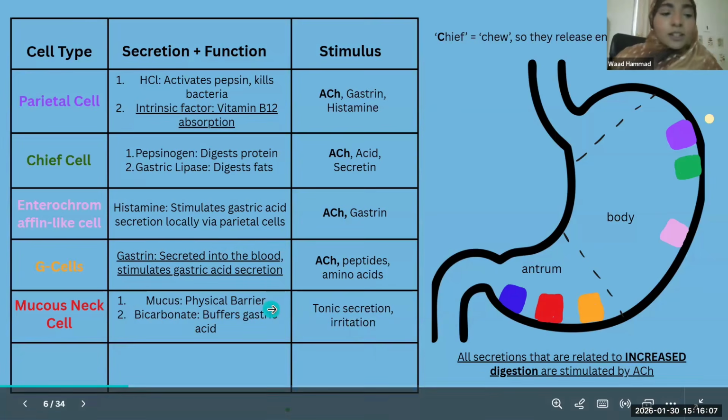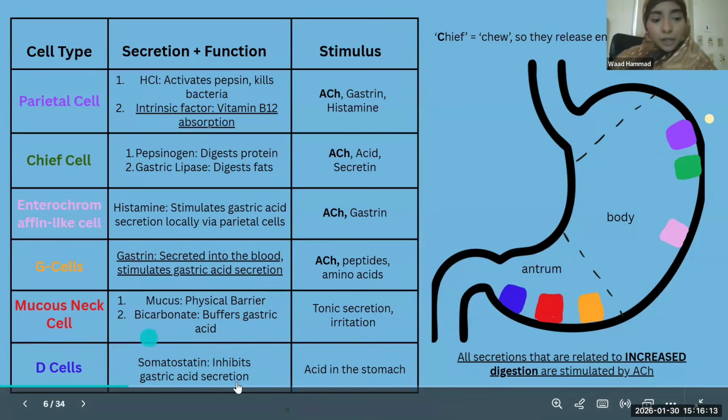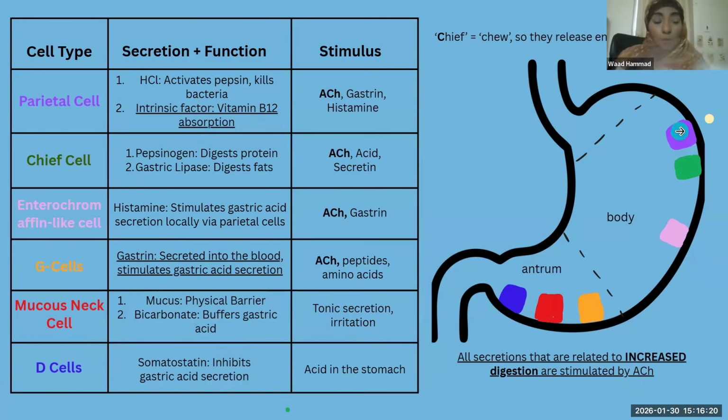Okay. And last but not least, finally, we have our D cells, which are also found in the antrum. Our D cells secrete somatostatin. What that does is it goes to our parietal cells and makes sure that there's no more gastric acid secretion happening. Okay, enough is enough. This is when, in certain cases, for example,